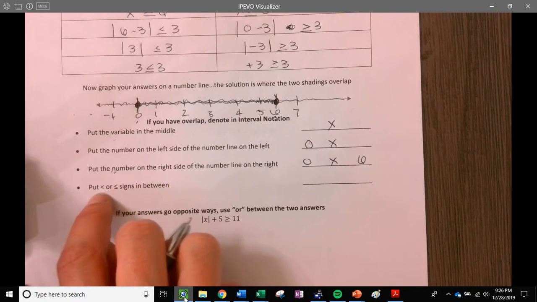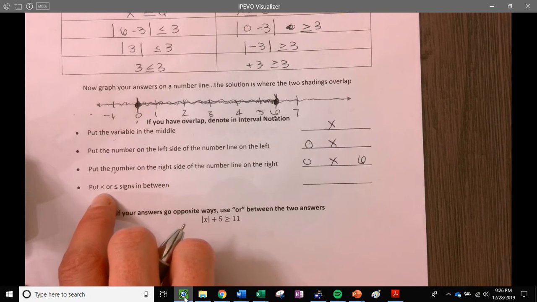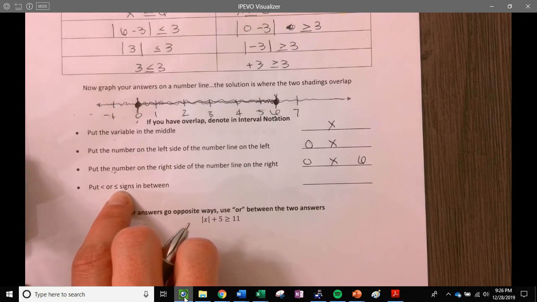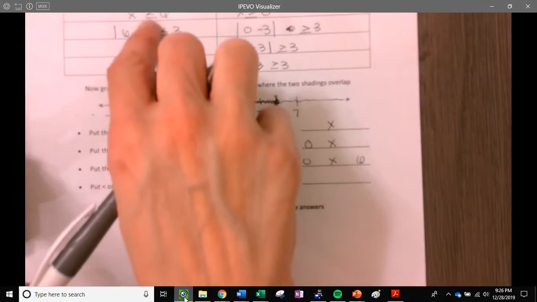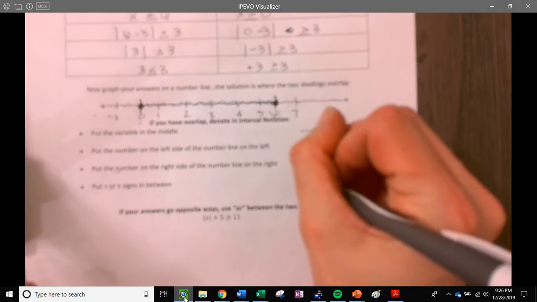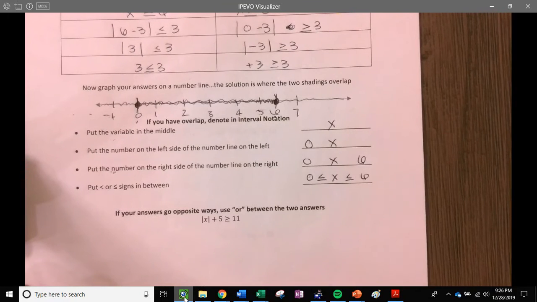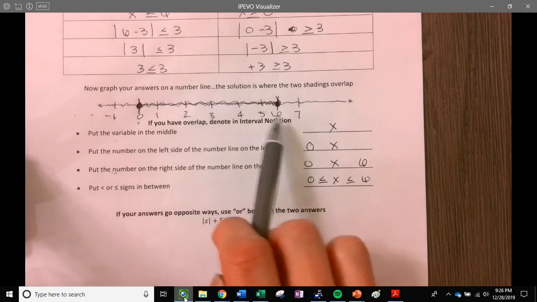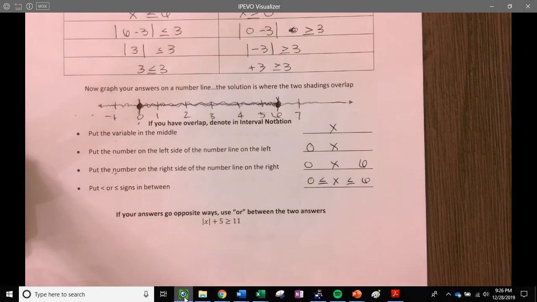And then we always put less than signs in between. Always. Never greater than signs. Because our problem was less than or equal to and greater than or equal to, we will also write the equal to bar. 0 less than or equal to x, less than or equal to 6. Okay? So then we can read this as x is greater than or equal to 0 and x is less than or equal to 6. It's just an easy way to write what you see happening here and what the solutions of that